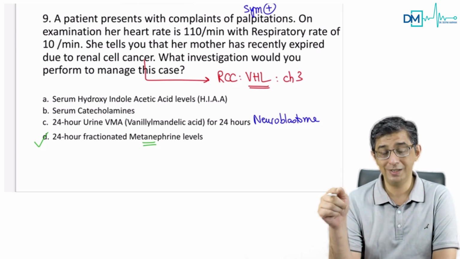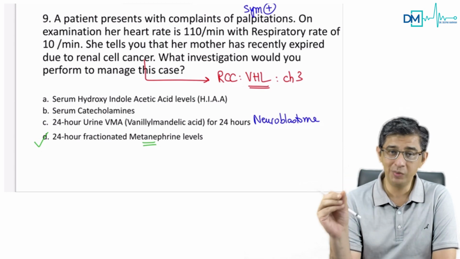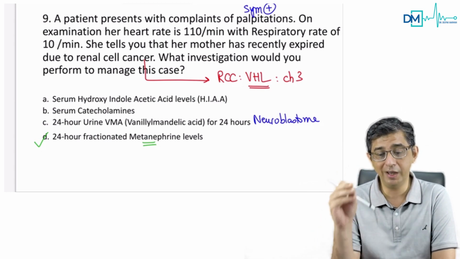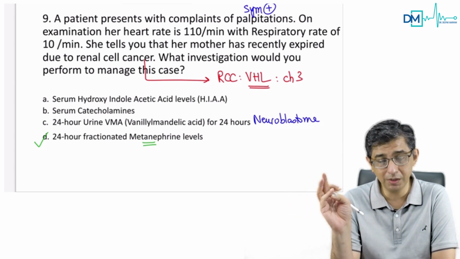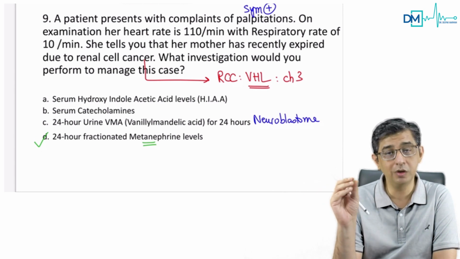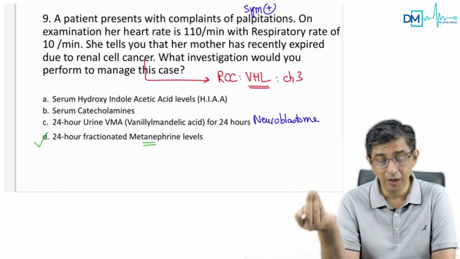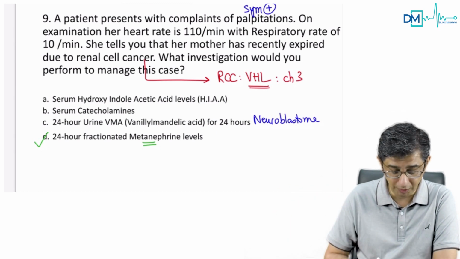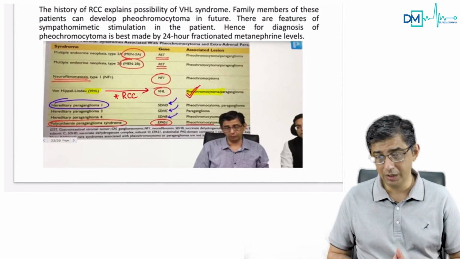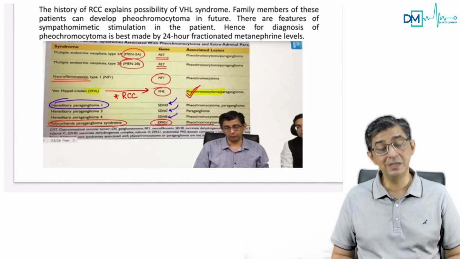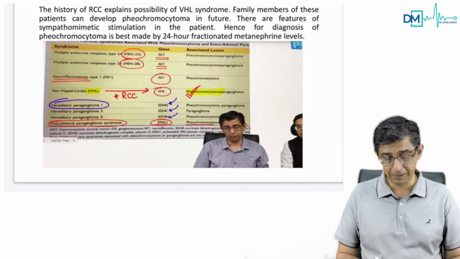Go to the pheochromocytoma section, listen to it. Listen to it at 2x. And I am telling you why. Because pheochromocytoma is going to stay with you for the rest of your life. Any entrance exam you're giving, you sitting for FMG, you sitting for PG entrance exam, you sit for USMLE, any exam you sit, pheo is always asked. So please listen to that at 2x today. Just do justice to your time. Just spend a few minutes, and I'm very sure that listening to this data for pheochromocytoma would be very useful. And I agree that this was a difficult question, and we have discussed this in the integrated session. You can see renal cell carcinoma and VHL being discussed.